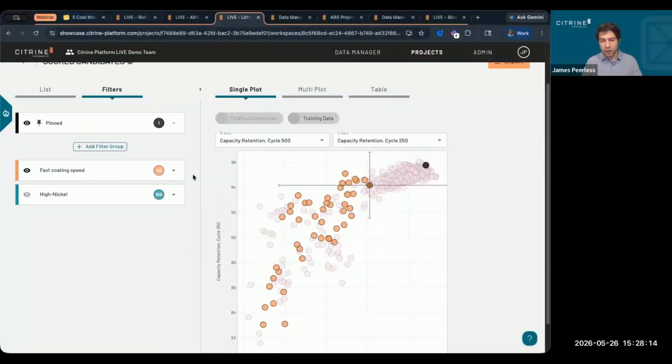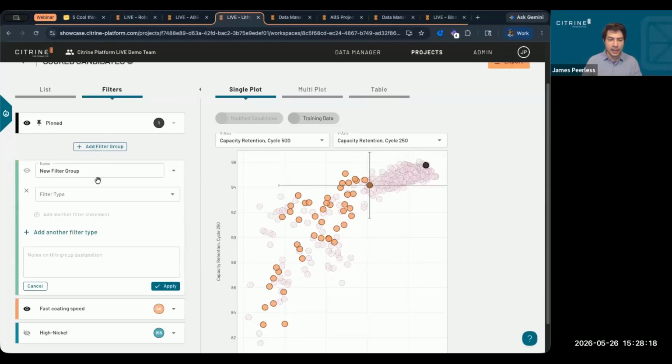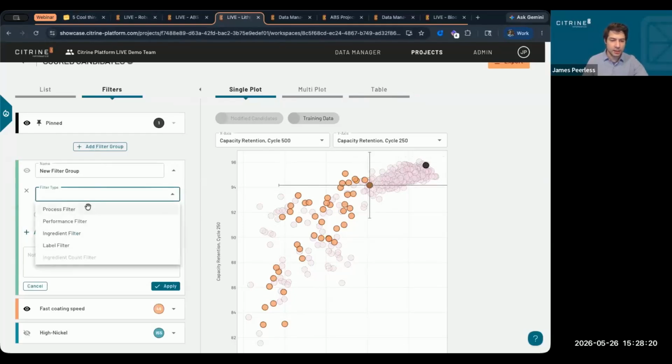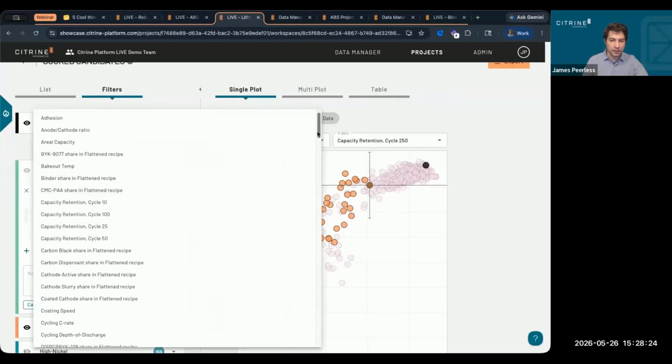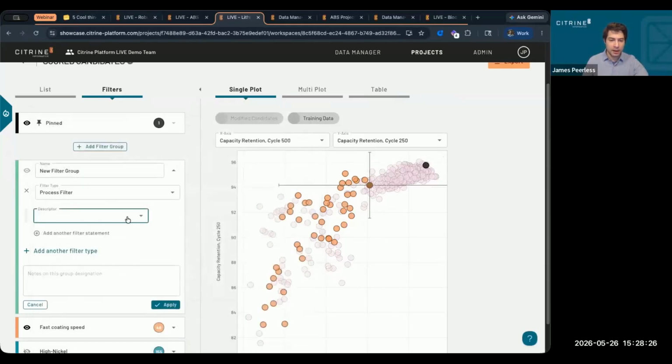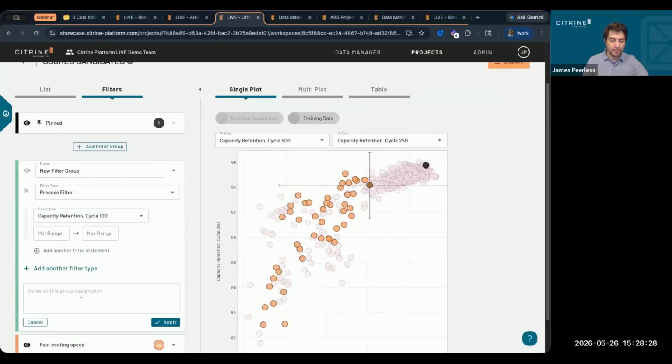And of course, coating speed is not the only thing. You can do this with any of the potential processing conditions or performance outputs that might be there if you want to make some new filter, right? So,